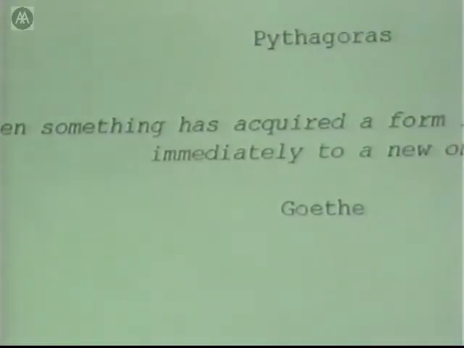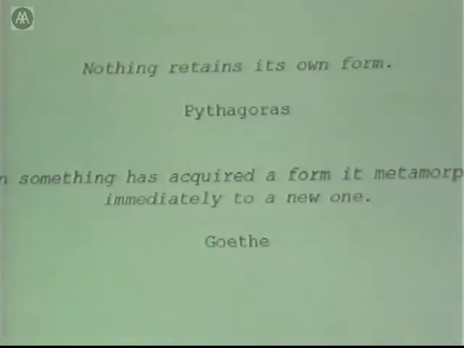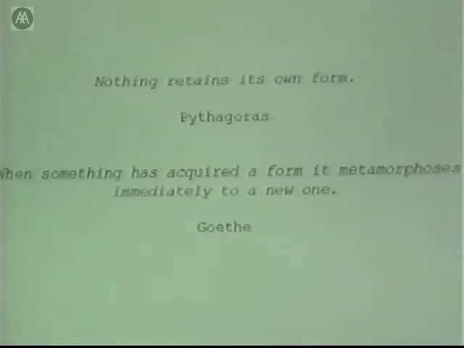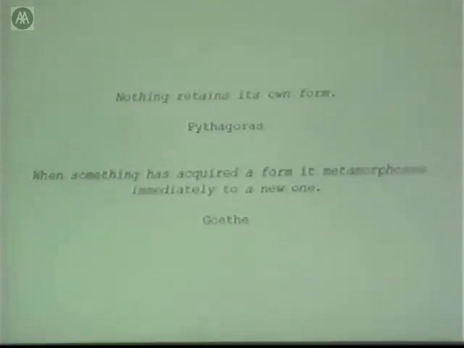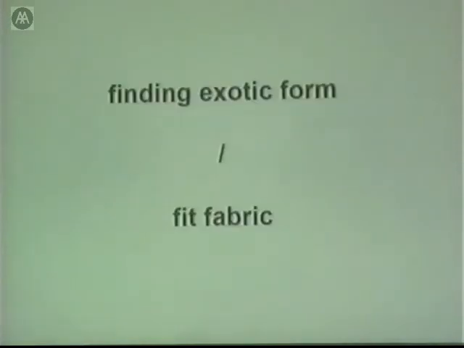Okay. What I would like to do in trying to weave an argument in and out related to two of the essays in the forthcoming AD issue, I would like to pick up on the notion that was introduced by Mike and discussed by everybody else since. What are the consequences of considering material form as dynamic, which is a problem that has been recognized in the past by many. And the two essays, respectively Finding Exotic Form and Fit Fabric, raise two issues with respect to dynamic form, or the dynamics of material form.